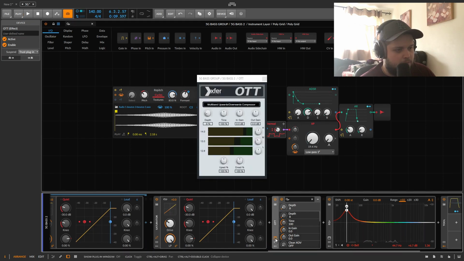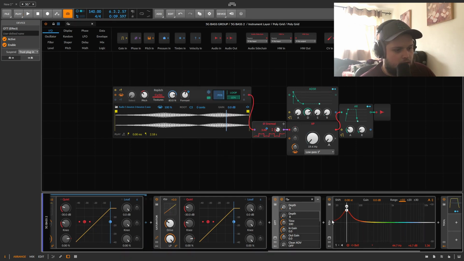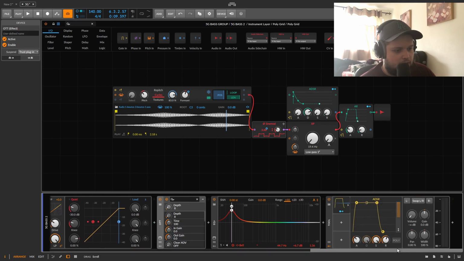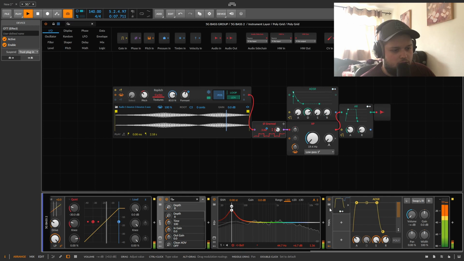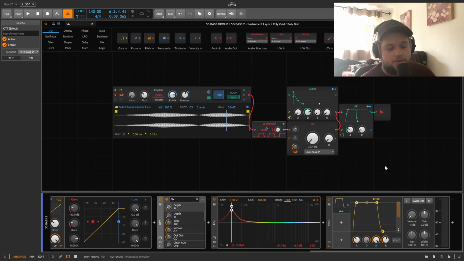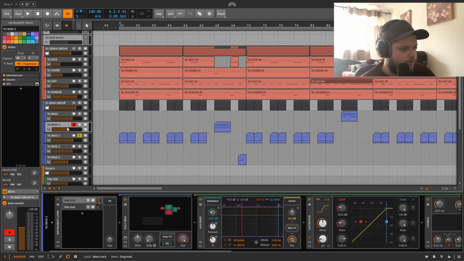Actually, I think I'm doing a bit with mids there. Then I'm boosting some bass, and finally I've got a small volume envelope on a tool, and that was just because sometimes it was coming in with a bit too much of an attack, so I softened that out. The other two filler bass sounds, which are here,